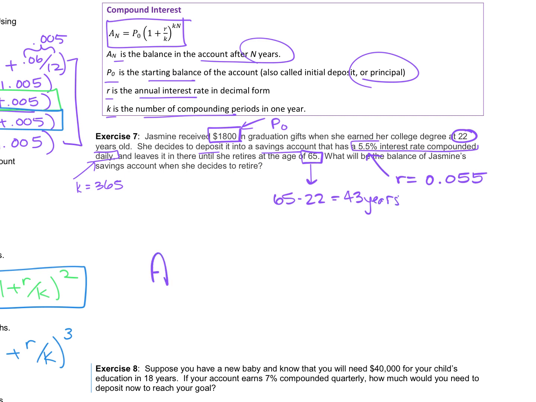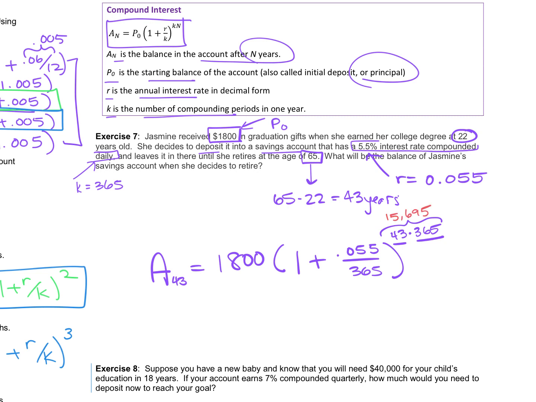So we know that the amount she's going to have in 43 years will be equal to that principal amount, which is 1,800 times 1 plus 0.055 over 365. And we're going to take all of that to the 43 years times 365, because that's how many times it will compound. 43 years every day, that's a lot of days. If we actually multiply that out,